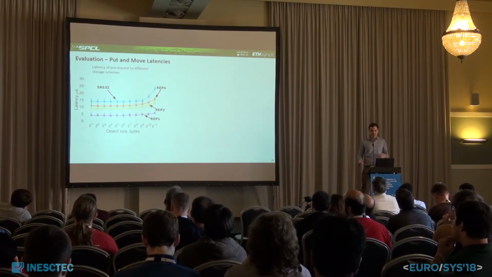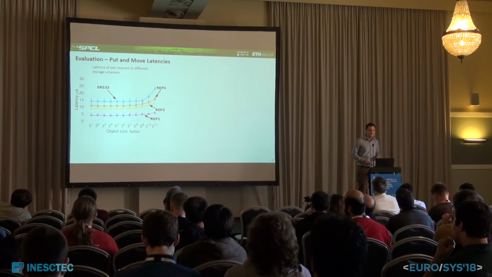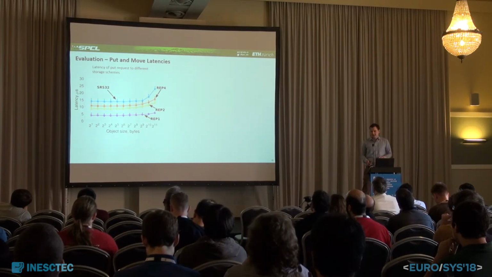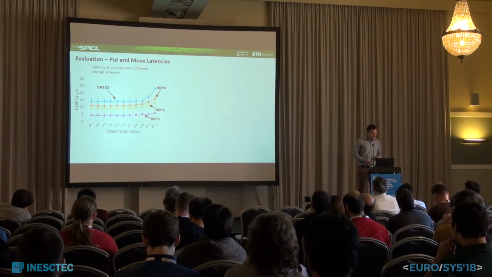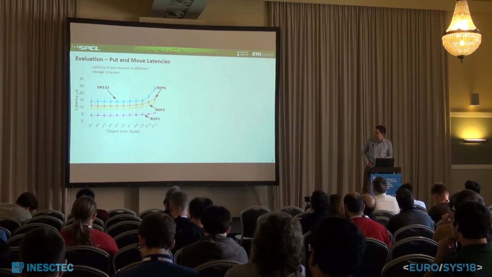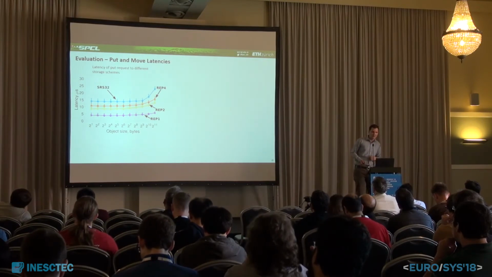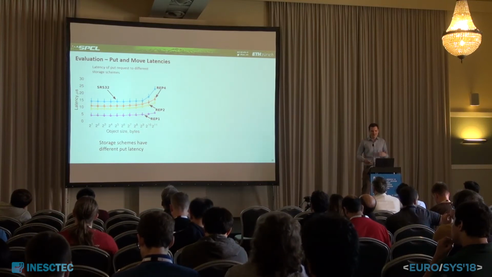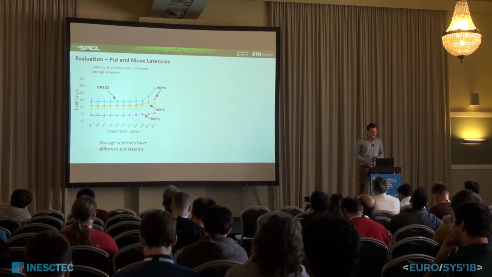Here I'd like to focus on the main result. Other evaluation you can find in the paper. Here you can see the put latency for 4 different MapJests: replication 1, which is no redundancy, replication 2, replication 4, and stretched Reed-Solomon 3.2. As we can see, all these schemes, as we said, have completely different trade-offs in terms of